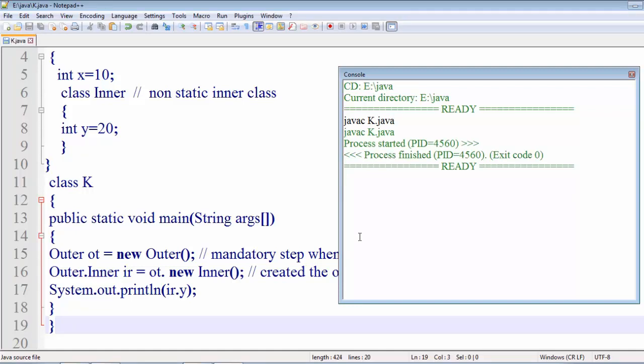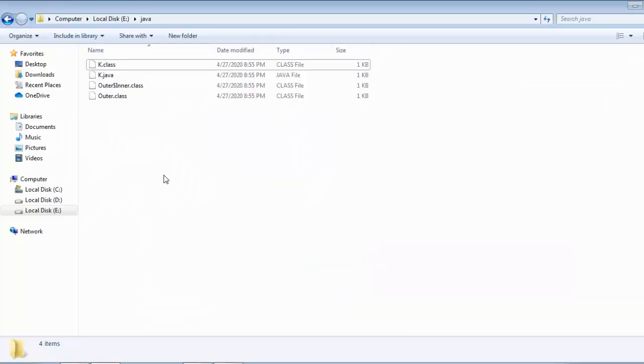Here there are no errors in our program. It has been successfully compiled. And one thing I must show you is what has happened in the background. Here you can see that a number of class files have been created. First, the K.class file has been created, because we are running our program with the help of main. For the main, the compiler has created the bytecode, and for the outer class too. The Outer.class file is also created by the compiler, and here you can see Outer$Inner.class.